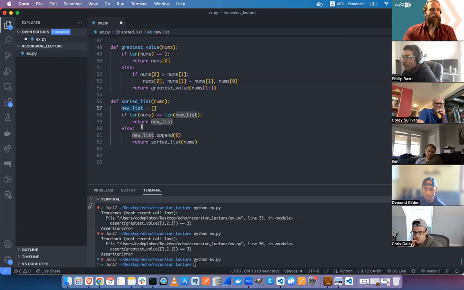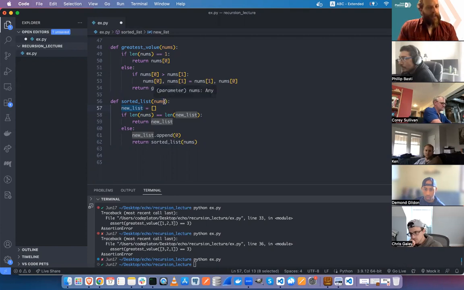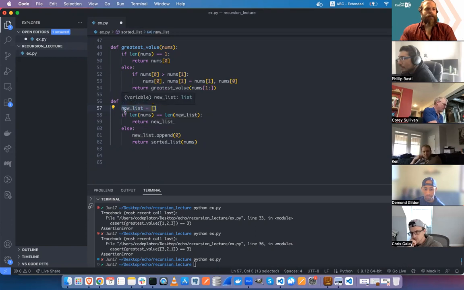When you call the function the very first time, could you just declare the new list as a variable in the function and just have it set to empty there? Yeah. And then, so what we can do to get around this problem is